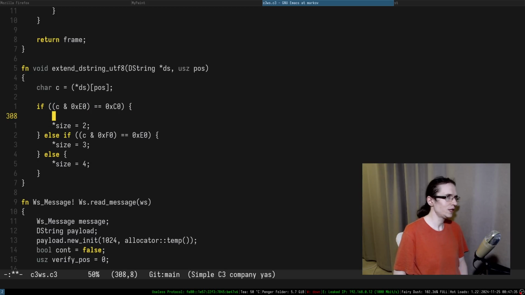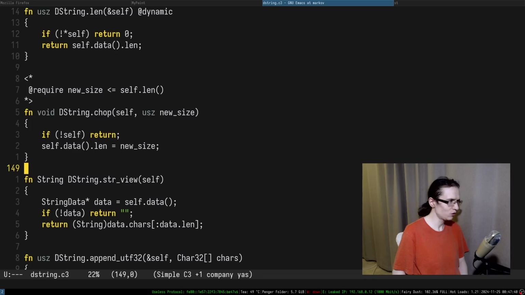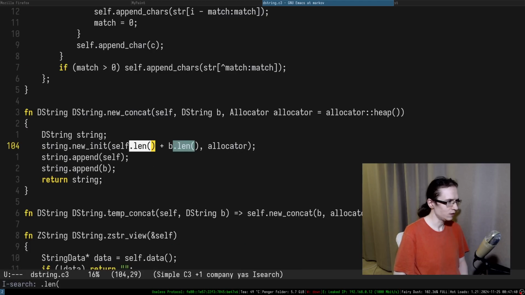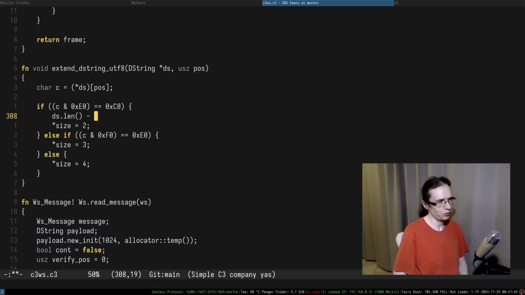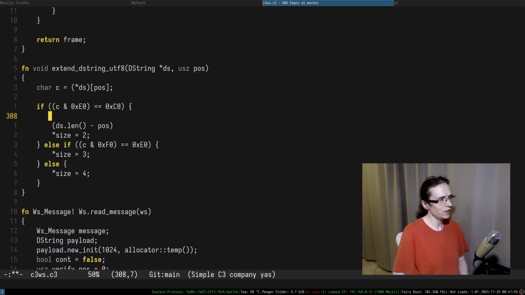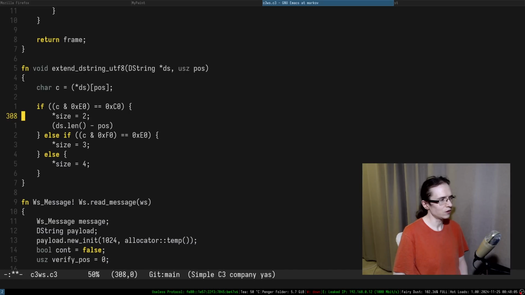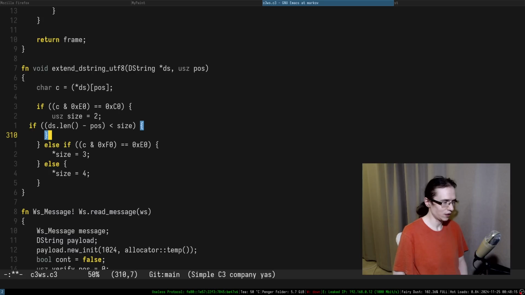And in here, we can then take a look at the following things. So ds, it's a len, d string, len, it's just a len, okay. We subtract the position, and then we subtract the size in here. Right, so we can probably have this size like this. Let's call it like that. So this is use size. If this thing is actually less than size, if it is in fact less than